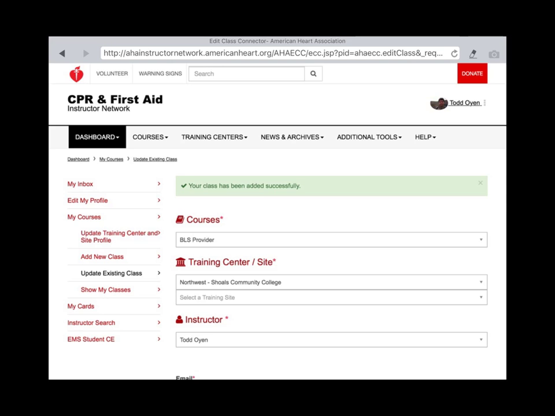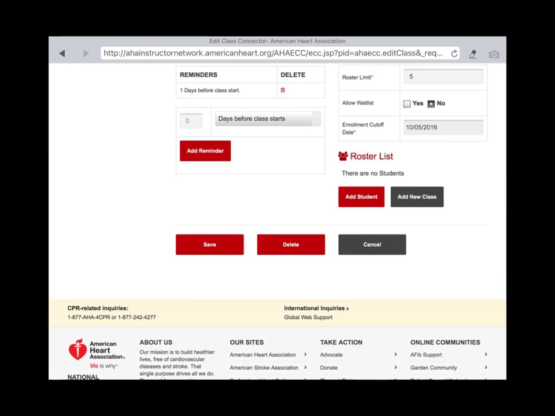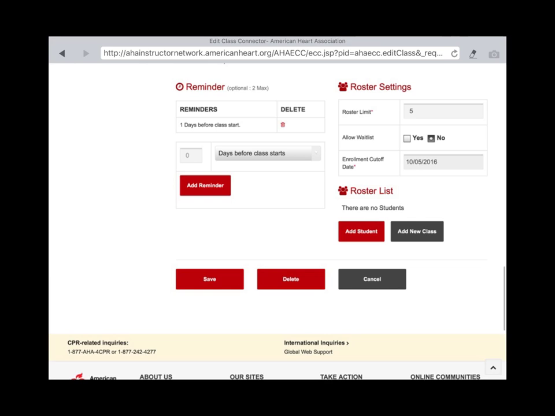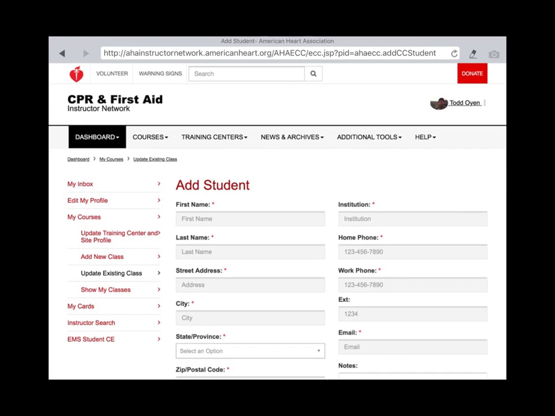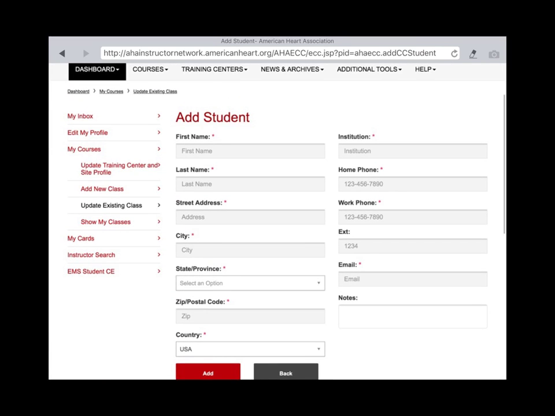If I know who my students are and have some information on them, I can go ahead and start adding students. So I click on the Add Student button right there. And when I do that, it takes me to the student entry page, and I'm just going to use my wife as an example. So Lucinda,